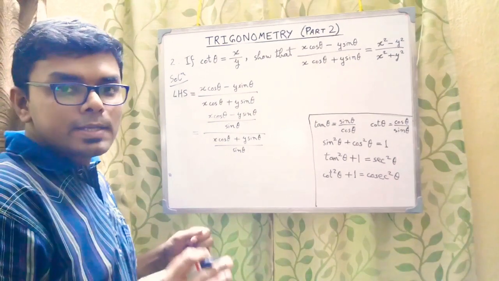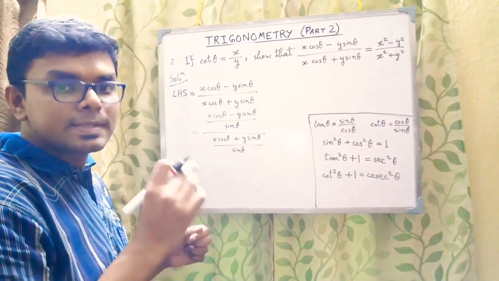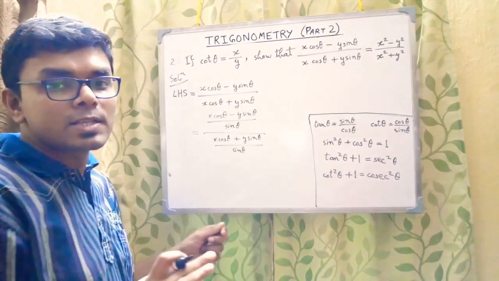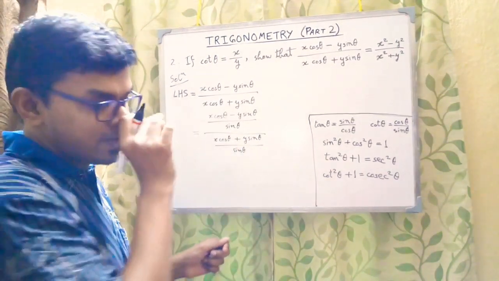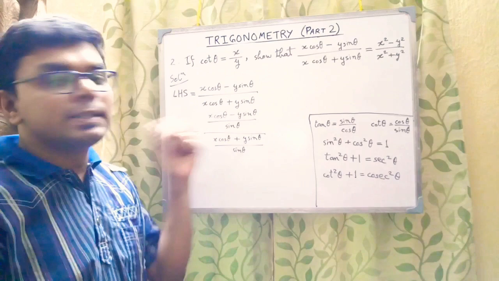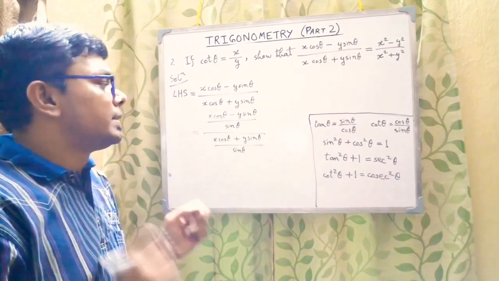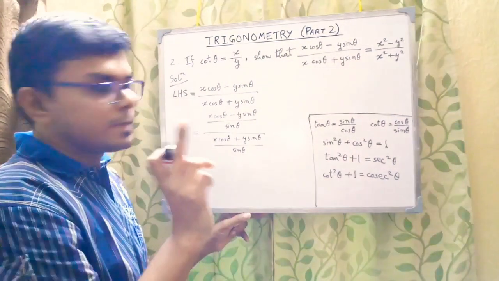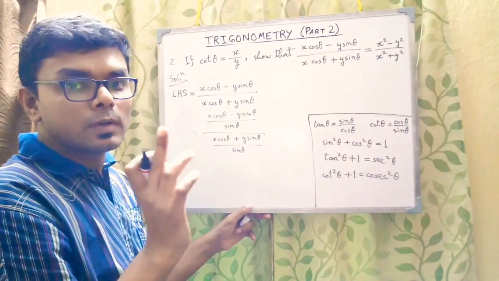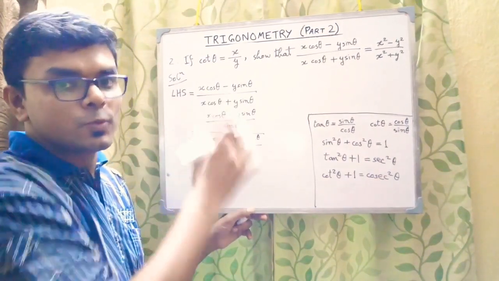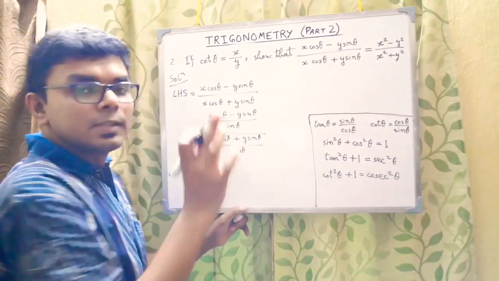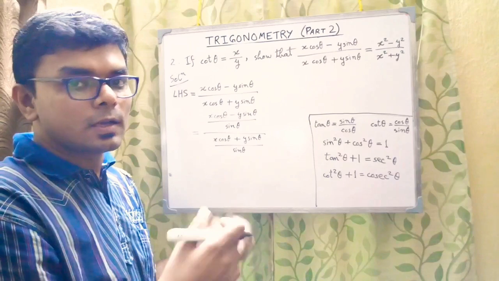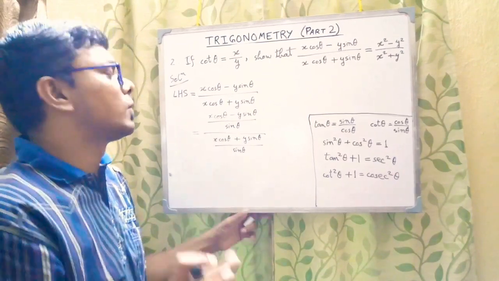We can divide a fraction by the same number in the numerator and the denominator so that the value of the fraction is not changed. So that's what we have done here. Now why did we choose sin theta and why did we divide? That is because, see here, I just observed this. You have to be an observing person to do this kind of sums. So that will develop over lots of practice. If you practice a lot, you will develop it. There's nothing to worry about.